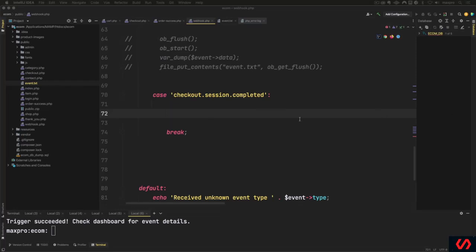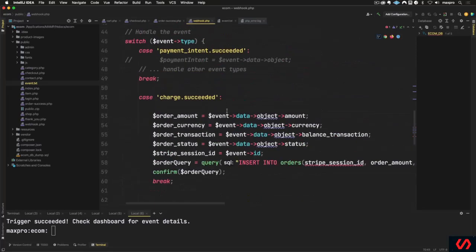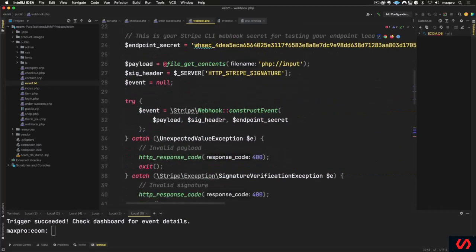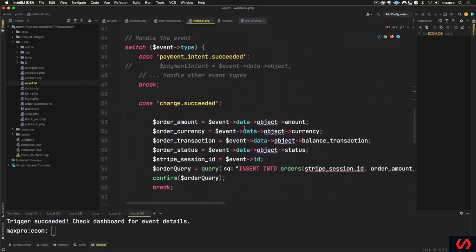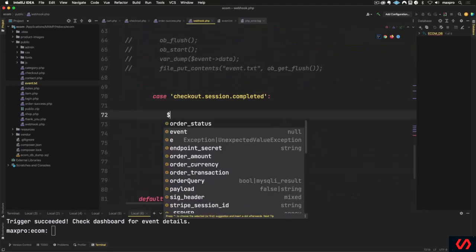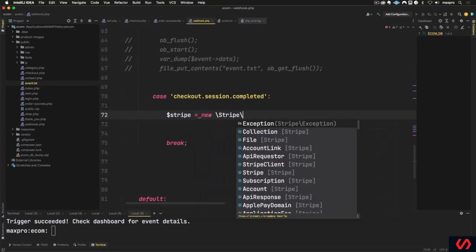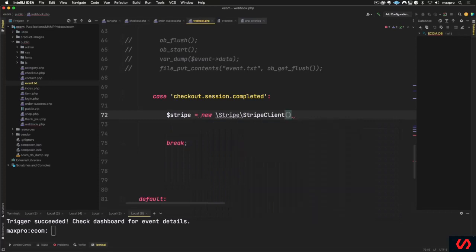So I need to make a call here because I want to access the items that I have on checkout, and there is a function that allows us to do that in Stripe. It's called all line items. I want their API, so I'm going to see if I can get it from somewhere here and copy it, so that I don't have to write it again. All right, so Stripe client, and this would be the env,